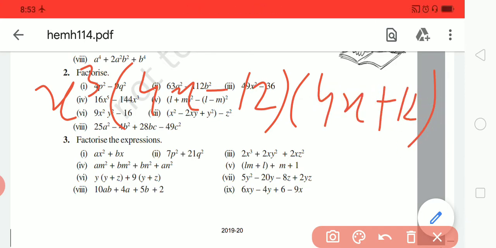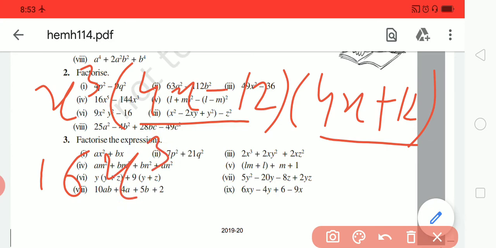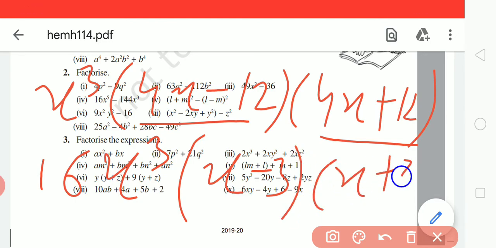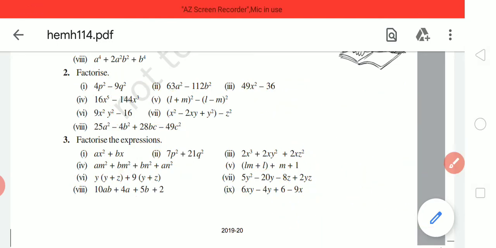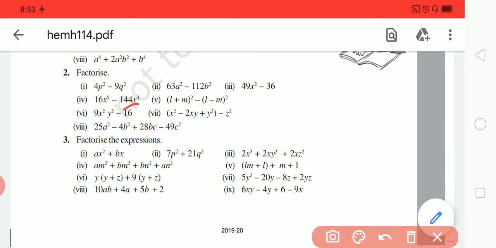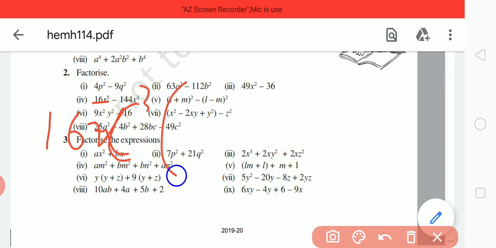And further, now you can take common 4 from here and 4 from here. So 4 fours are 16, you can write it common. So 16x cube, and 4 is common from here, so x minus 3 and x plus 3. You can do it like this also, or you can see 144 is a multiple of 16, and it cuts at 9, and 9 is also a perfect square. So you can take 16x cube as the common at first. It becomes quite easy now. So you will get x square minus 9.